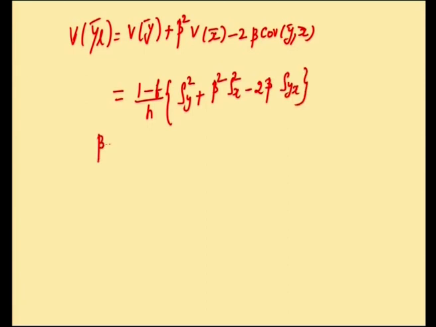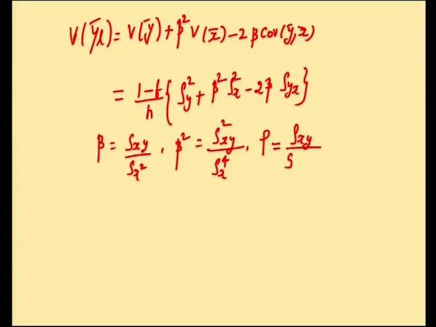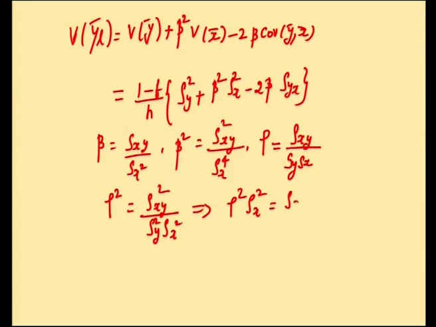We know that beta is equal to s x y by s x square, and beta squared would be s x y square by s x power 4, and we know that the correlation coefficient rho is equal to s x y divided by s y s x, and hence rho squared is equal to s x y square by s y squared s x squared, and we get rho squared s y squared to be s x y square by s x square,